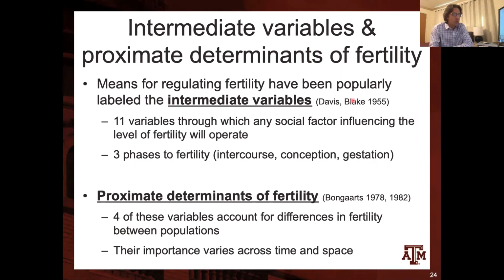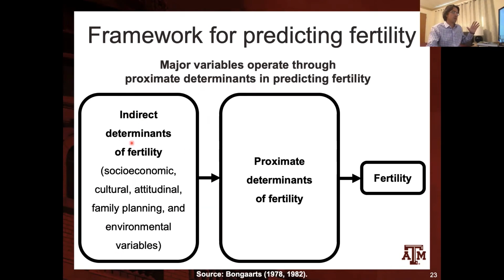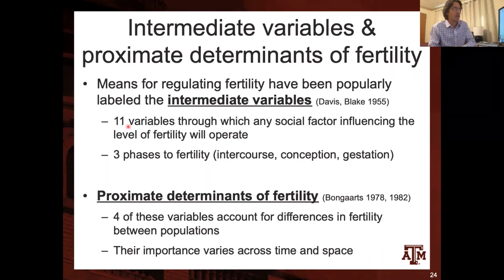And then afterwards, after Davis and Blake, they were already trying to think, okay, we have these major factors in society, and there are these intermediate variables that influence fertility. And then they came up with this list of 11 variables. And what Bongers did, he tried to personalize a little more. He tried to simplify the number of variables that were actually more important. And he also indicated really clearly how to estimate the most important proximate determinants of fertility